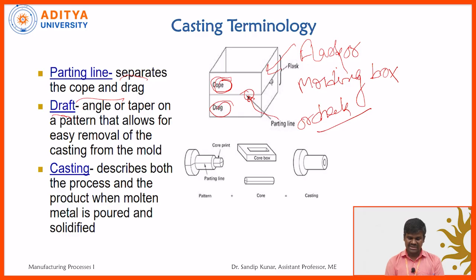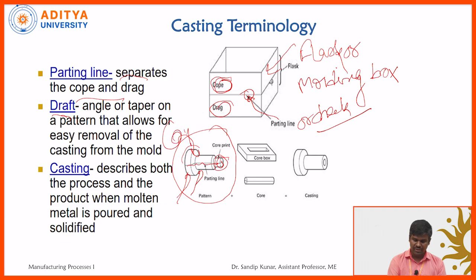Now what is casting? Casting describes the process through which, using molten metal, we fabricate the particular product using the solidification process. In that picture, some real pictures are also given. This is the pattern, one solid pattern. In that pattern, the middle portion is called the parting line and this extra portion is called the core print. That core print is used to support the particular core. Upper part of the pattern is called cope and lower part is called drag.